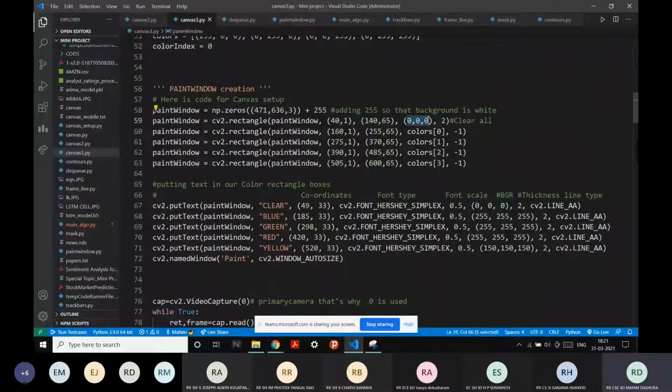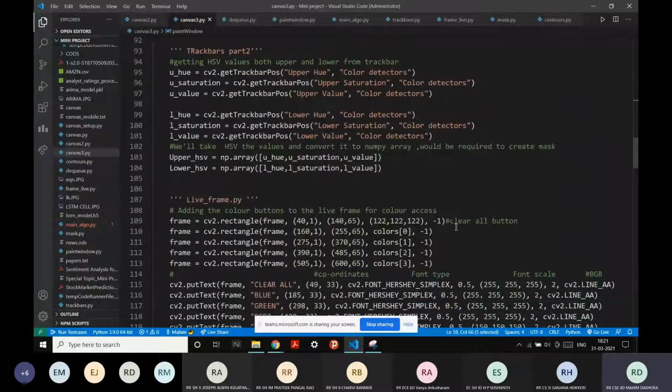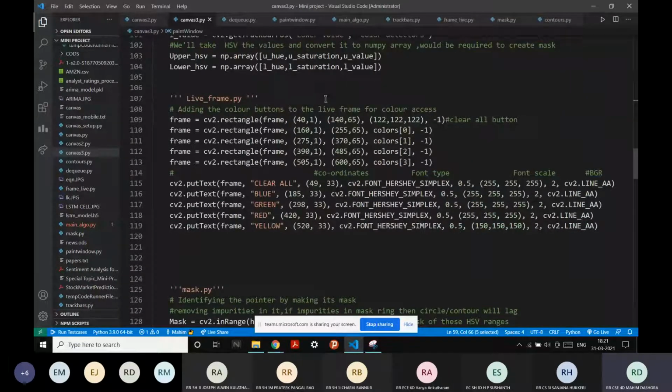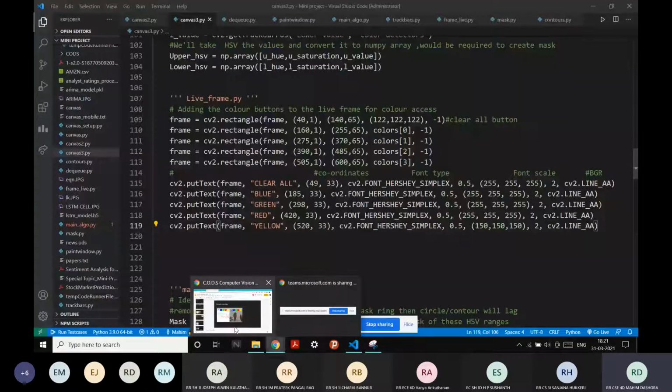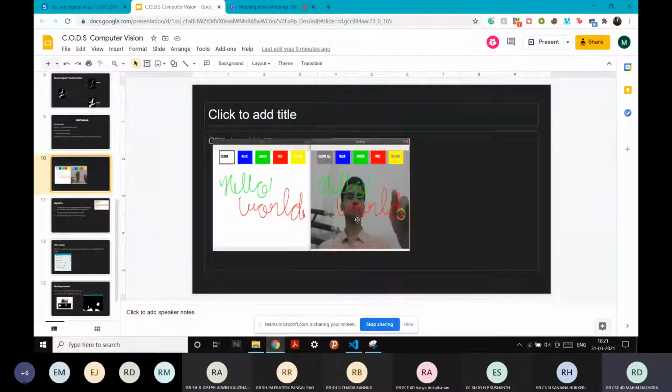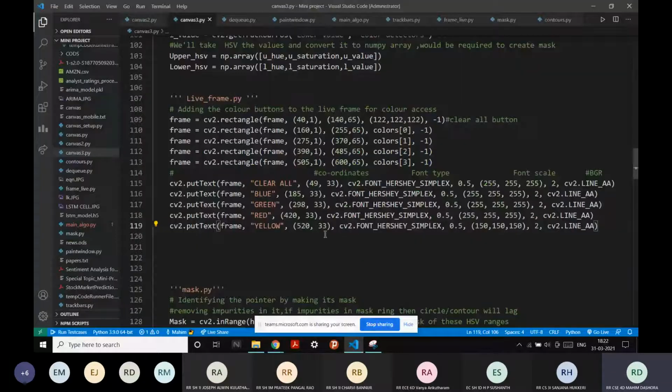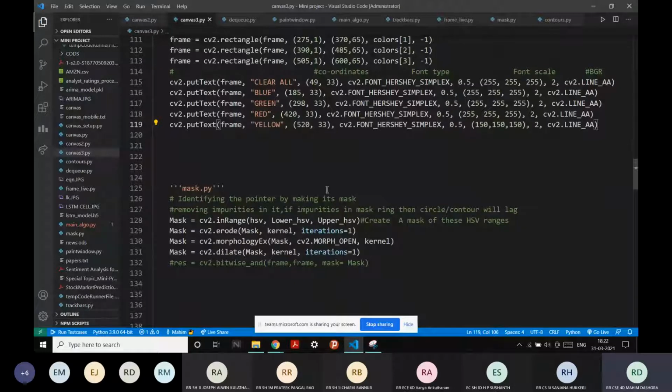Where you can see it's 0, 0, 0, it's 122. So we have used the same X and Y coordinate ranges, same clear all, blue, green, yellow. We've also created the same color buttons. When our tracking object hovers over these buttons, our color will be changed or our screen will be totally cleared.